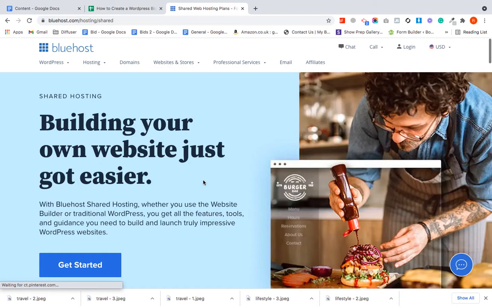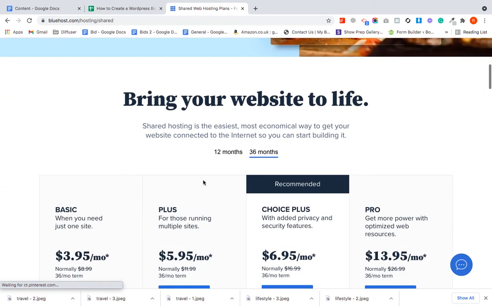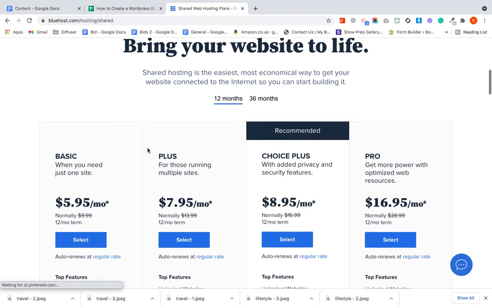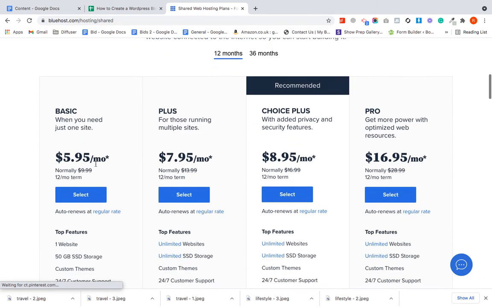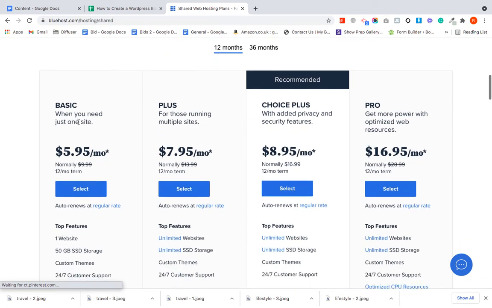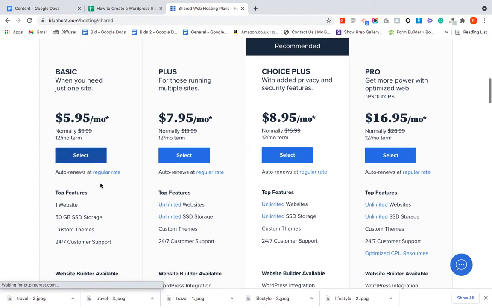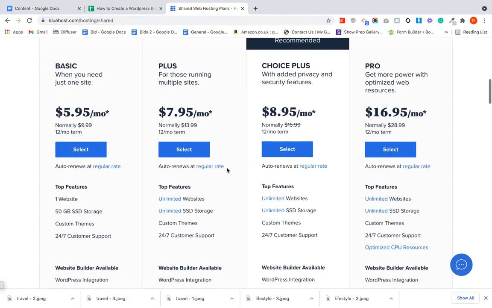Once you land on this page, just scroll down and here you will see 4 different packages. This is for 36 months. I'll make it 12 months so that we could see the pricing for 12 months. Okay, now I would recommend going with the basic and plus plan because these two plans are enough for our blog. So the first plan allows you to create one website and the plus plan allows you to create multiple